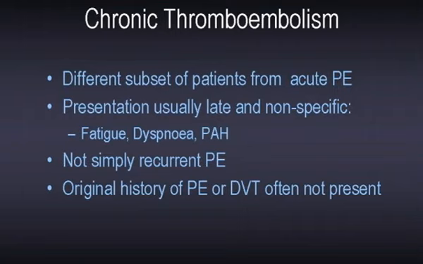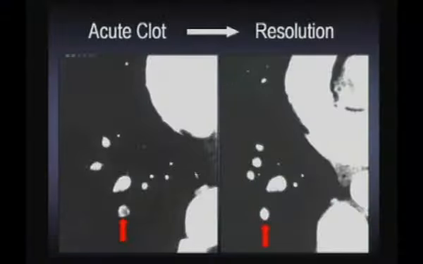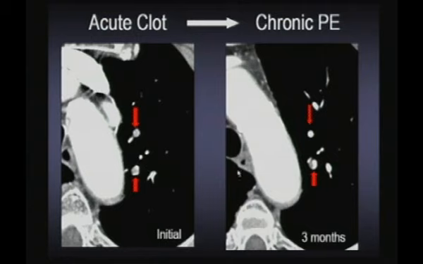And the most important thing that I can stress for these patients is that they do not reflect recurrent pulmonary embolism. What leads one patient to have a complete anatomic and physiologic recovery from a pulmonary embolism and another patient to have an incomplete recovery is unknown. Some of these patients, a small minority, have anticardiolipin or antiphospholipid antibodies, but the majority do not. This is probably some form of